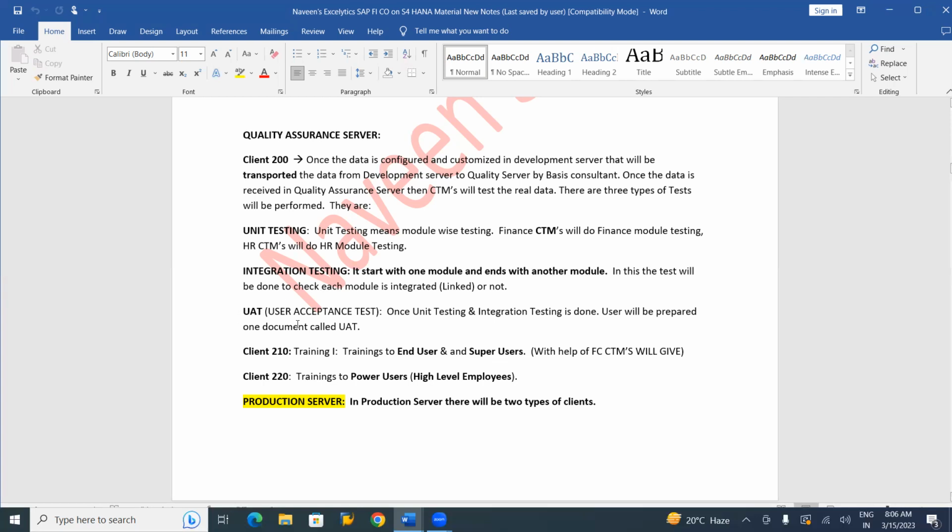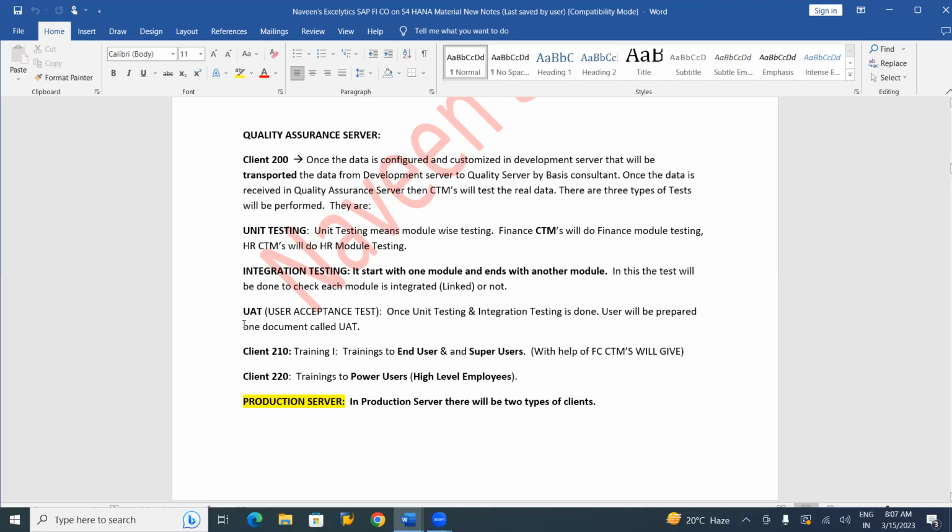As I said, it's not a test actually, it's a document. UAT is a document. What is UAT? It means the client, the customer, will check all the scenarios, sample scenarios, important scenarios in the quality assurance system, quality assurance server. They will check and they will approve. They will sign that everything is working perfectly and we can move this particular data to the production server, production environment. So that particular approval we call UAT, user acceptance.